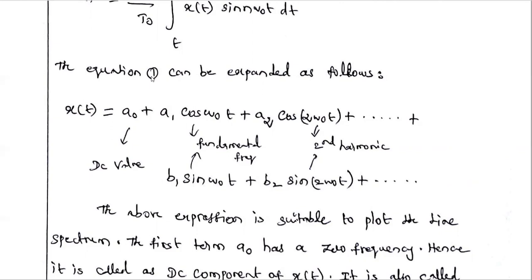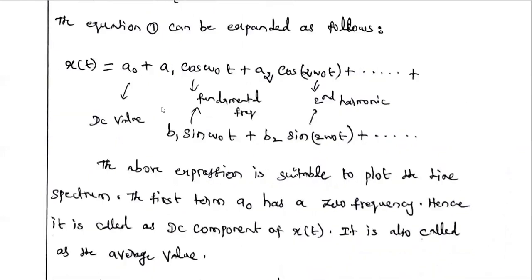Okay, so already we studied the statement of Fourier series. What is Fourier series? In Fourier series representation, any periodic signal can be expressed as a sum of an infinite number of sine terms and cosine terms. You see, in the above expansion, x of t is expressed as a1 cos omega naught t, this is one cosine term, then cos 2 omega naught t. Similarly, sin omega naught t, sin 2 omega naught t. So we are expressing an infinite number of sine and cosine terms. So this is said to be the Fourier series representation.